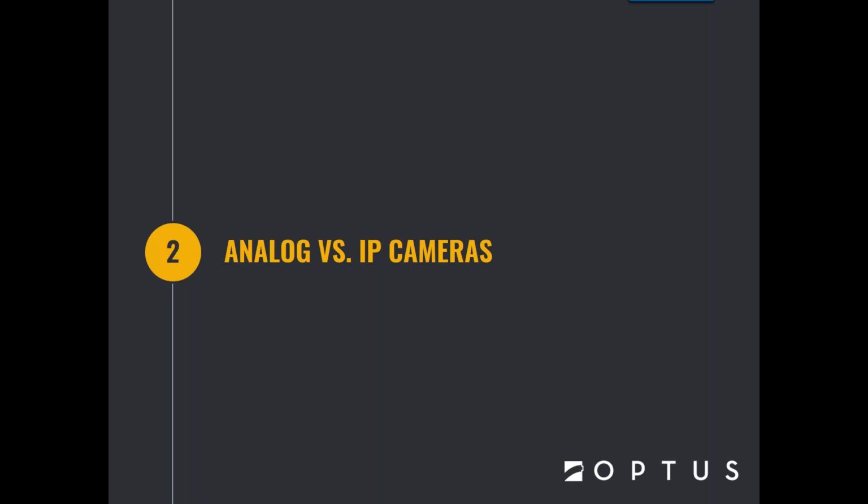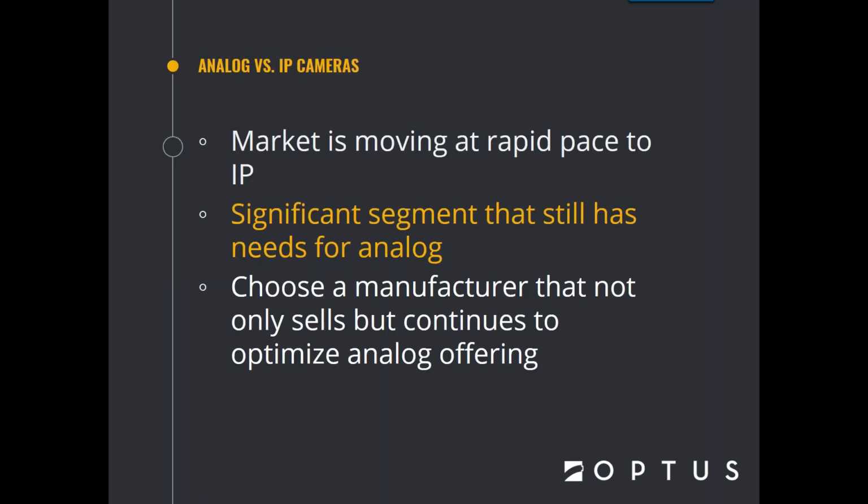So we're going to dive into starting out by talking about cameras and lenses. So the first thing is analog versus IP cameras. At the beginning of closed circuit television, CCTV, you had an analog camera, some coax cable, and then a monitor to view that